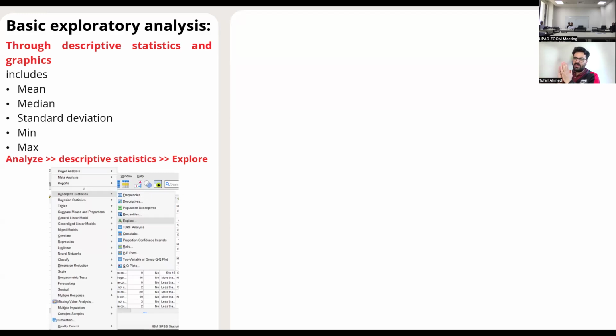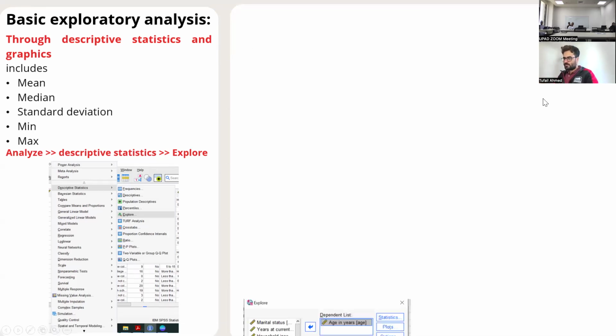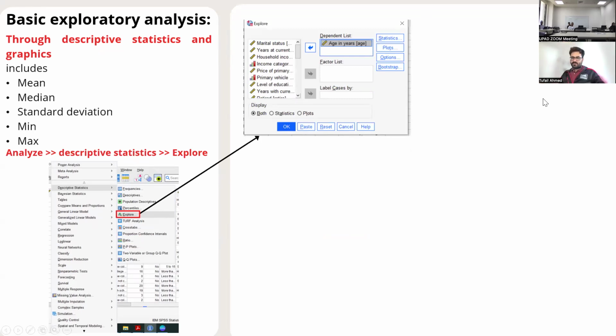Let's say the mean is 50,000 per year income of a person. If there is more standard deviation, it means that although the average is higher, there is more dispersion. There are people that are earning 1,000 a month, 2,000 a month. So this is the measure of the dispersion in the data. If the standard deviation is high, it means the data is more scattered, and the more scattered the data, the more difficult it is for the software to build a statistical or regression analysis. Exactly.